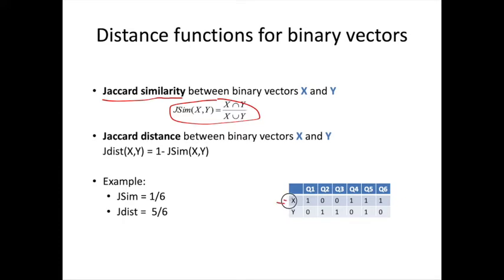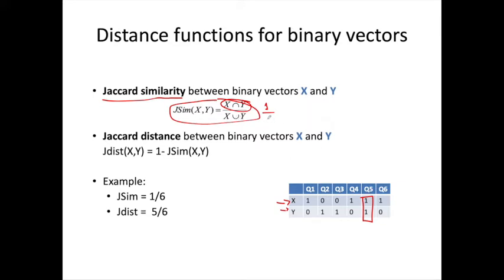Let's say that we have two samples, and we want to compute the similarity between these two samples. Basically, the first thing is counting the number of elements that are the same. For example, these two are the same, and we only have one. So that's why we have here one,